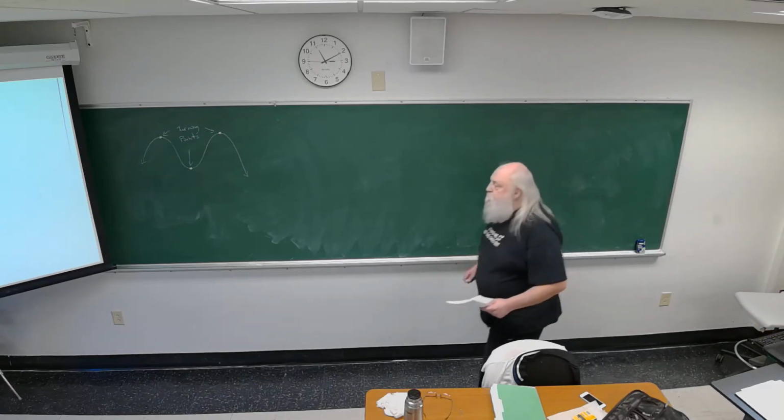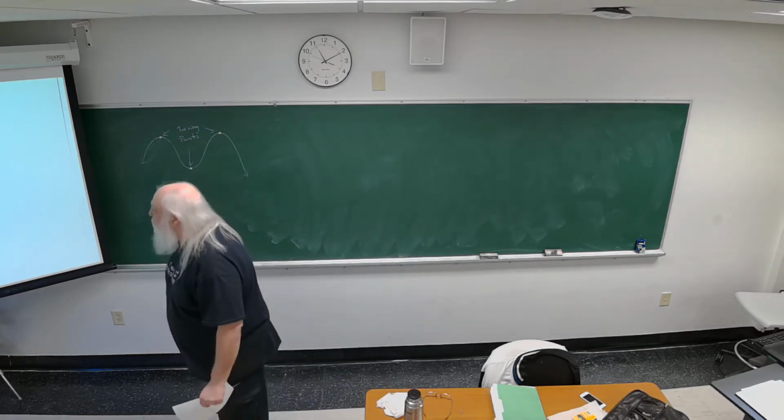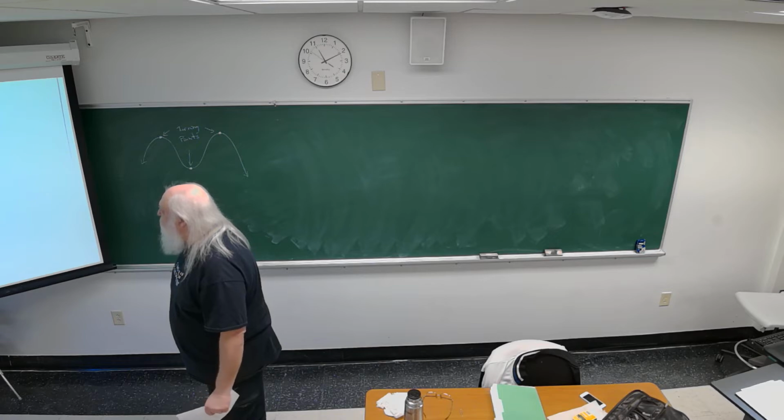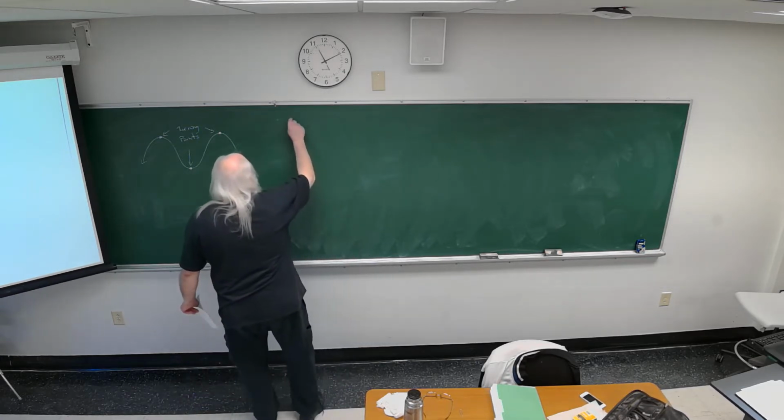Example 2 says use the zeros and the end behavior of the polynomial function to sketch an approximation to the graph of the function. So first we have